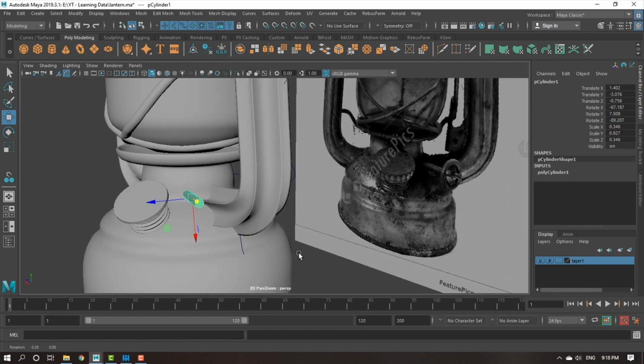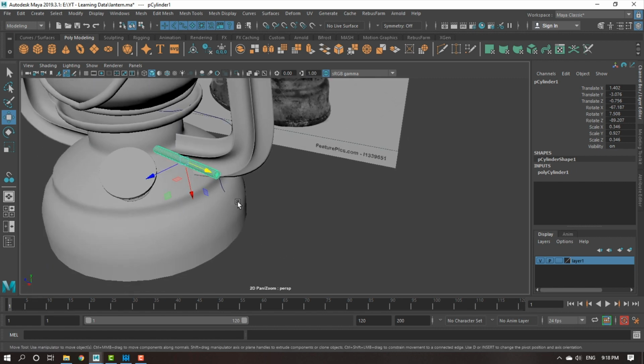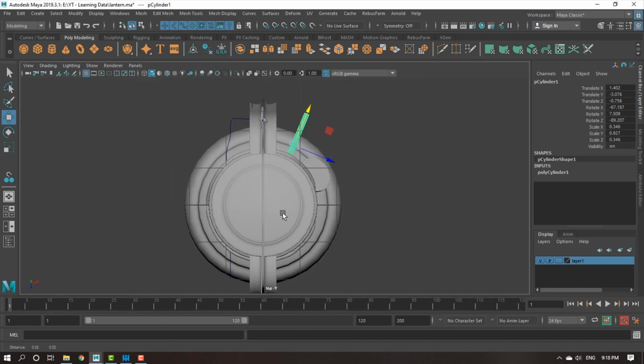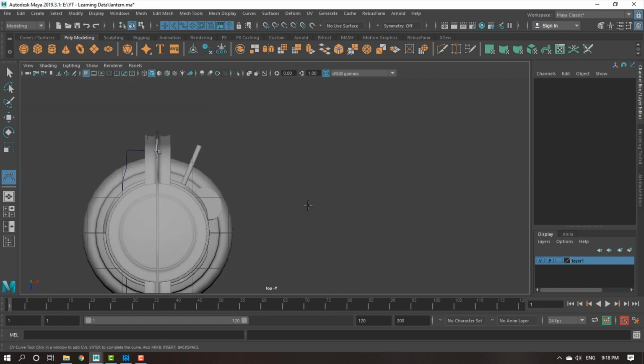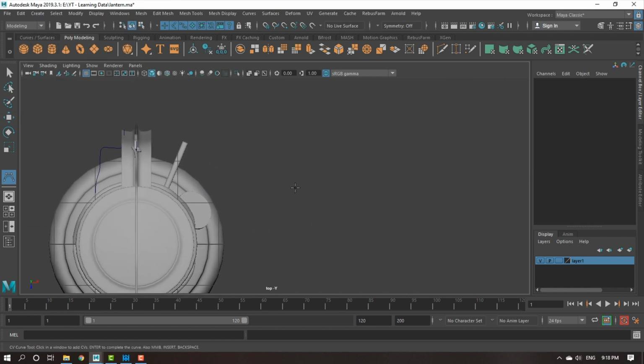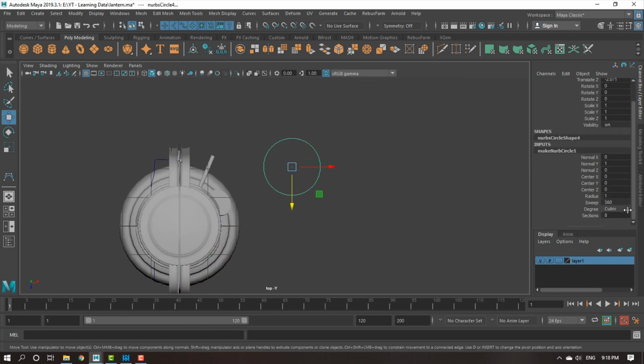Then I simply have something to do the attachment here. So for this part, let me just quickly do a bevel plus for you. So what I can do is I'll just go here and I will do a circle. Let me increase the sections to 12.